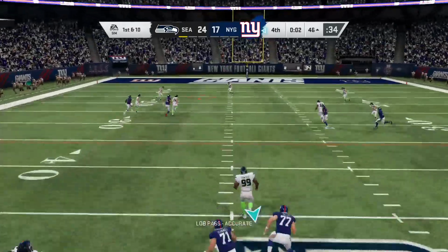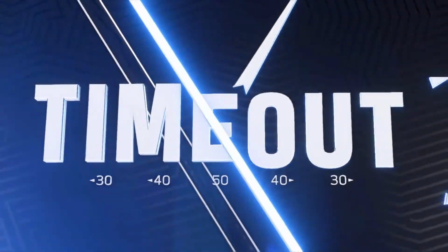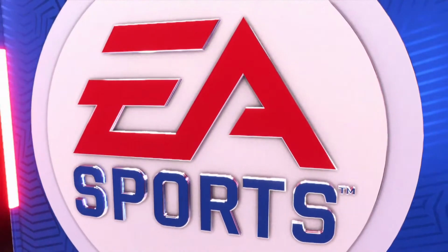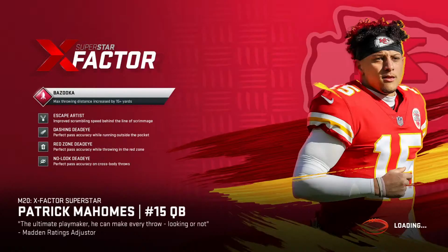One last shot for Wilson. And it's incomplete. So their final drive comes up empty. And with that, the ball game is over. Well, going into the final play of this game, they knew that they...